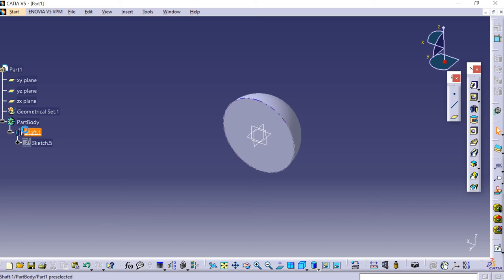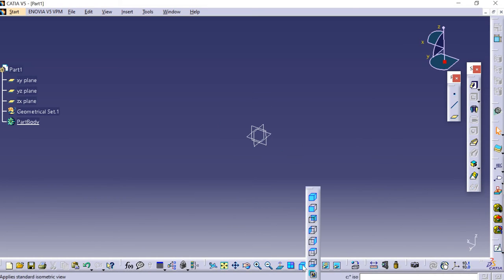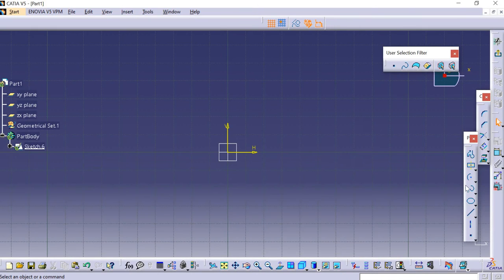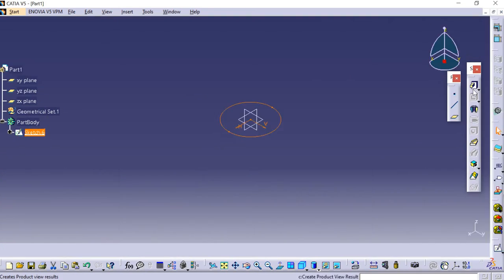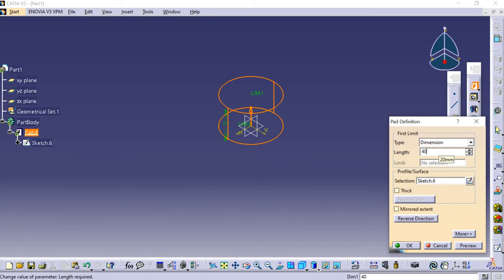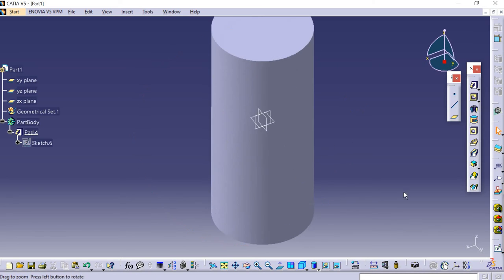Now to groove, let us delete this. OK. Sketch. Let me draw a circle. Exit workbench and pad it to 40 mm on both the sides. Okay. Now for groove,